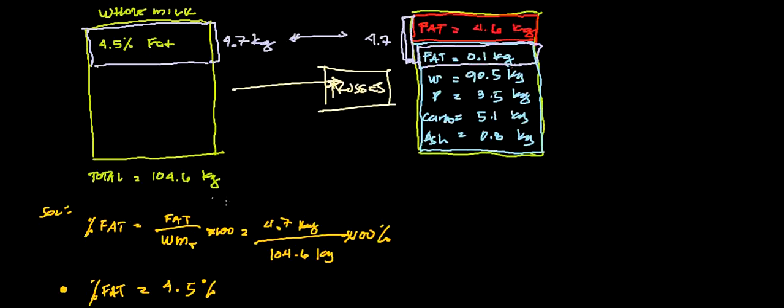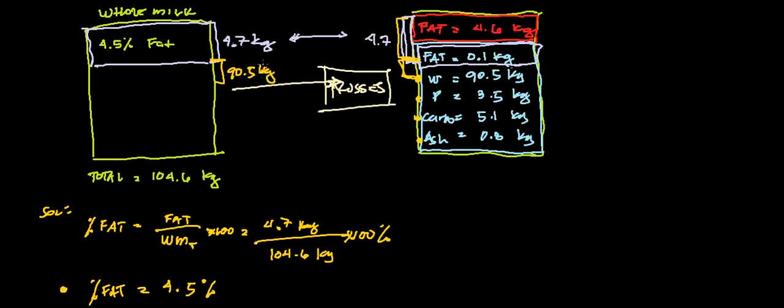So let's continue. We've already checked that initially the whole milk contains 4.5% fat, because of this part here. But our main task is to determine the composition or the percentage of these other components or constituents of our milk. We've already done the fat, so let's move now to the water. This water here is about 90